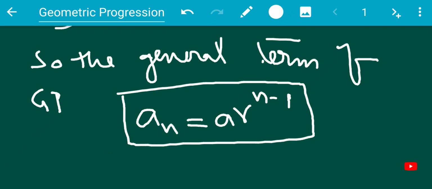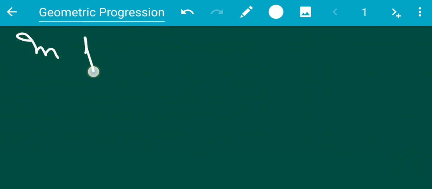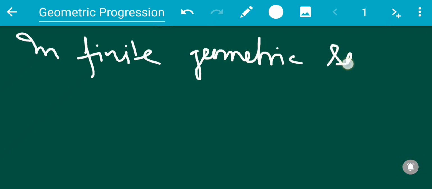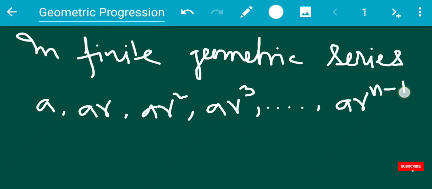Next concept is the infinite geometric series. How can you write it? Suppose we have a GP of a, ar, ar square, ar cube, ..., ar to the power n minus 1, then, so sorry, we said infinite but it is finite. Okay, so this is up to this, then